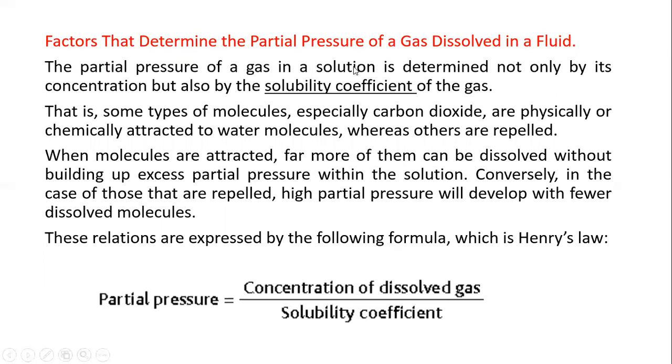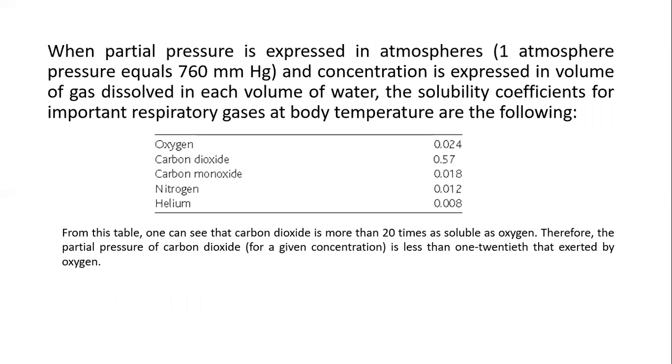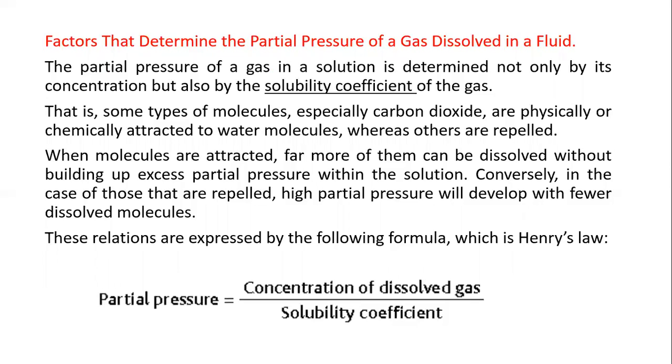Factors that determine the partial pressure of a gas in a fluid. The partial pressure of a gas in a solution is determined not only by its concentration but also by the solubility coefficient of the gas. That is, some types of molecules, especially carbon dioxide, are physically or chemically attracted to water molecules, whereas others are repelled. When molecules are attracted, far more of them can be dissolved without building up excess partial pressure within the solution. Here we see that the solubility coefficient of CO2 is higher than the solubility coefficient of oxygen, and therefore it needs a low partial pressure